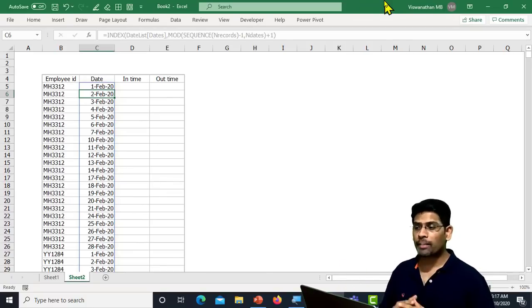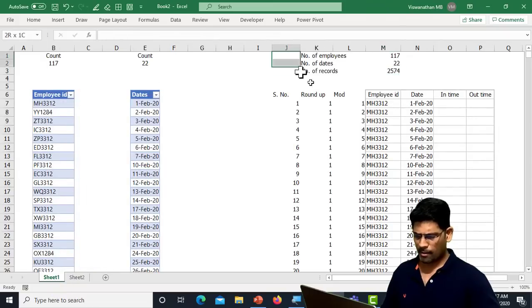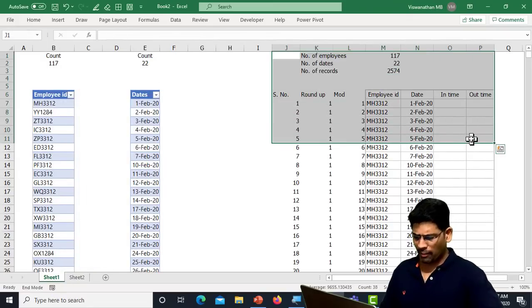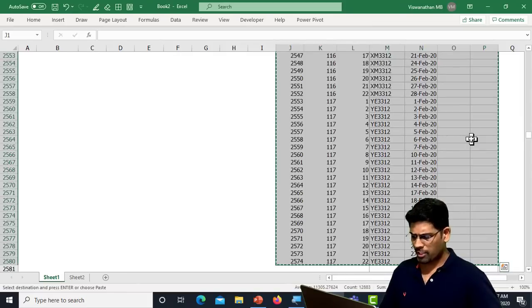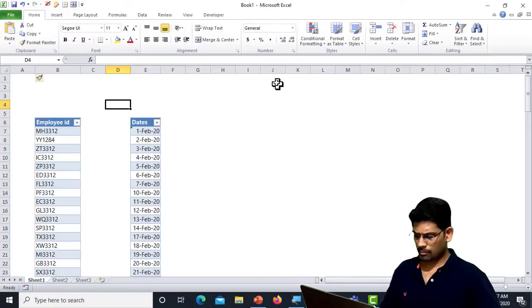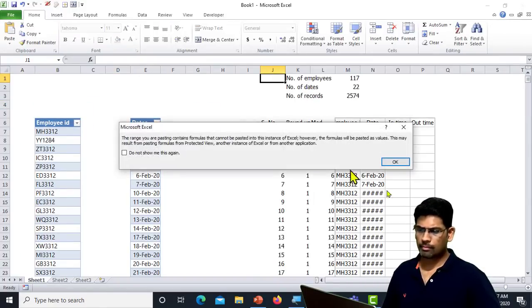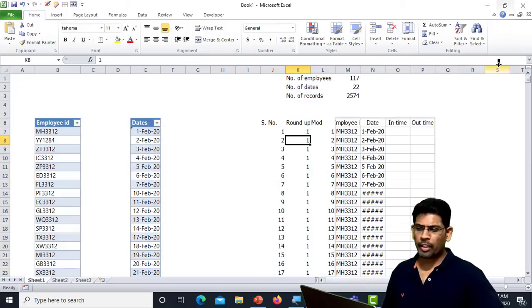Now, how can I do it without the dynamic array? Well, it's actually not very complicated. In fact, I have Office 2010 in which I have pretty much the same data. Let me copy this entire thing. In that you will definitely need the serial number column because you don't have a function like the sequence function. So let me switch to Office 2010 here. Right. So here what we needed was to create the sequence function, nothing else.